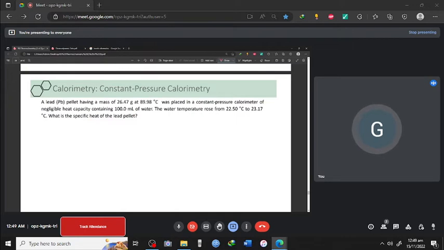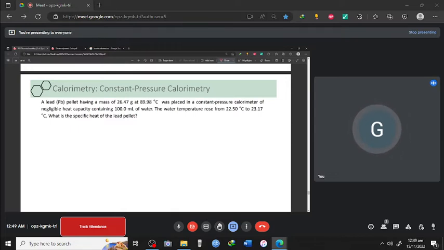So, sabi dito, a lead pellet having a mass of 26.47 grams at 89.98 degrees Celsius was placed in a constant pressure calorimeter of negligible heat capacity containing 100 ml of water. So the water temperature rose from 22.50 degrees Celsius to 23.17 degrees Celsius. So what is the specific heat of the lead pellet? Okay? So let's try to